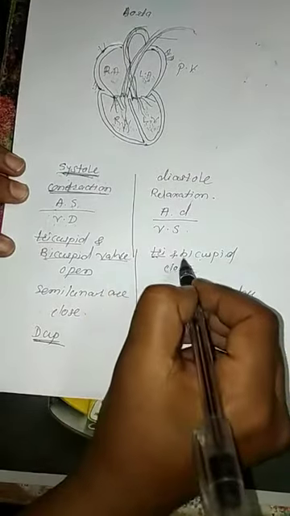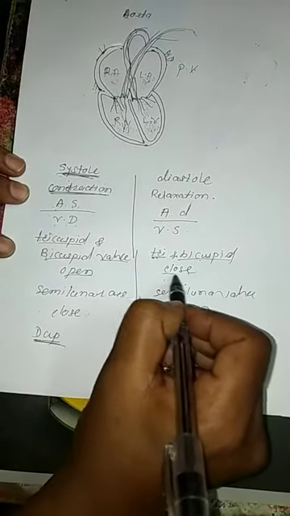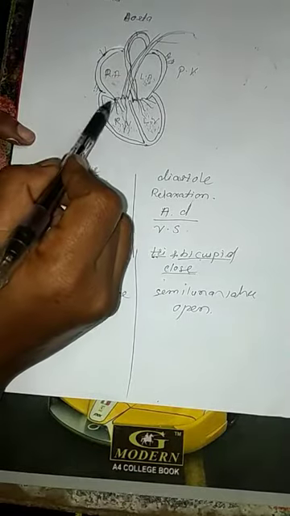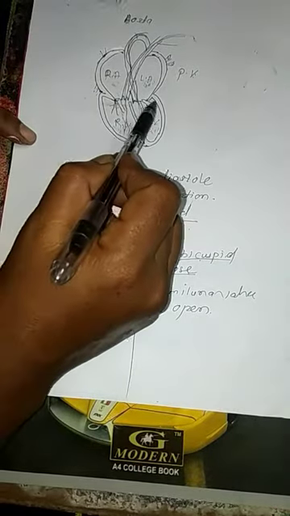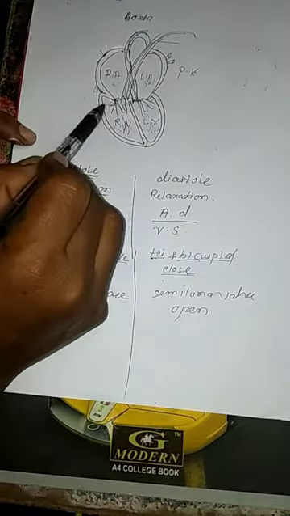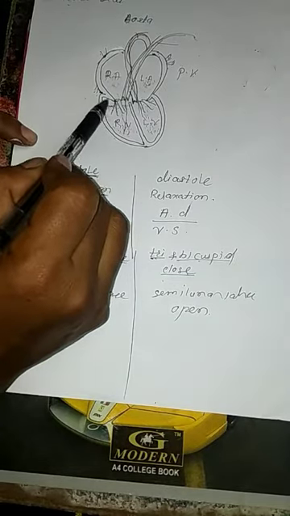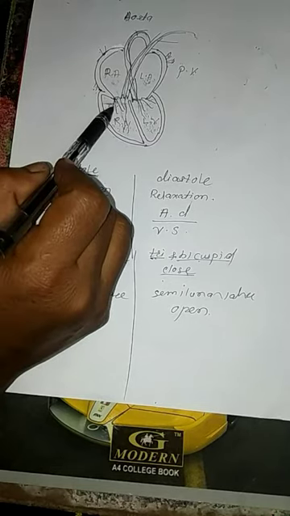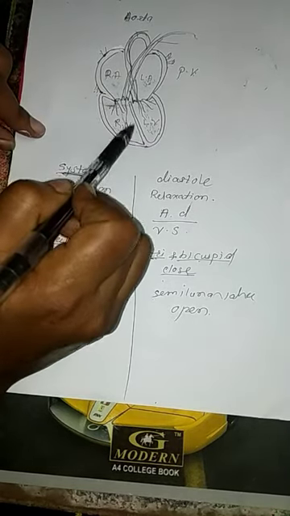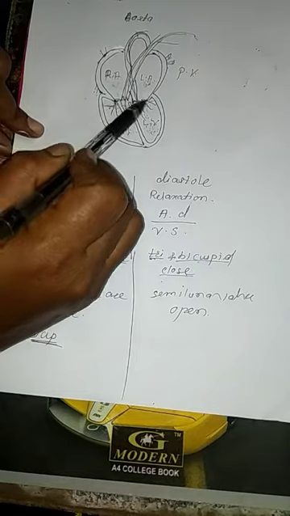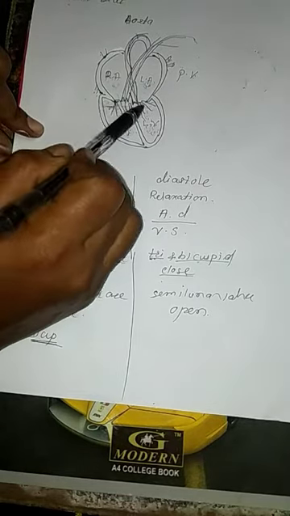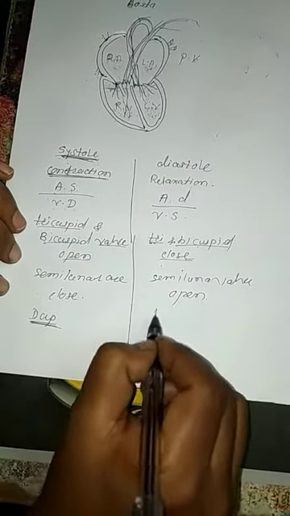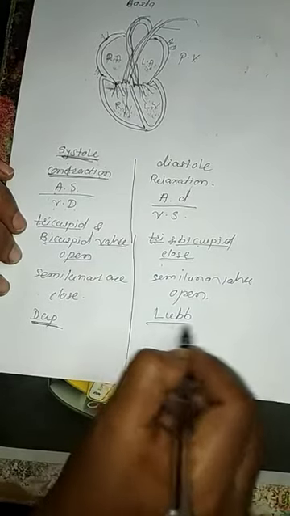When the tricuspid and bicuspid valves are closed, a sound is produced because of the chordae tendineae. I told you in the previous video, it is a muscle-like structure. This is called the chordae tendineae, and when both ventricles contract, it forcefully tightens the tricuspid and bicuspid valves and closes them. That is when the sound is produced. The sound is called the lup sound.